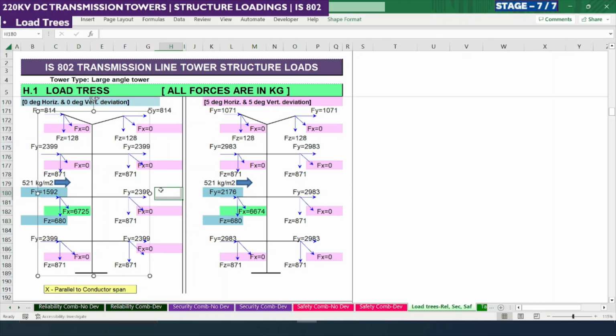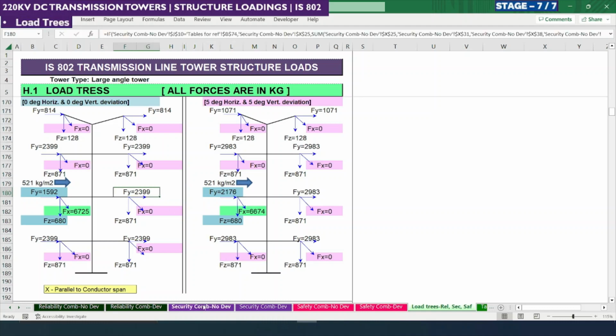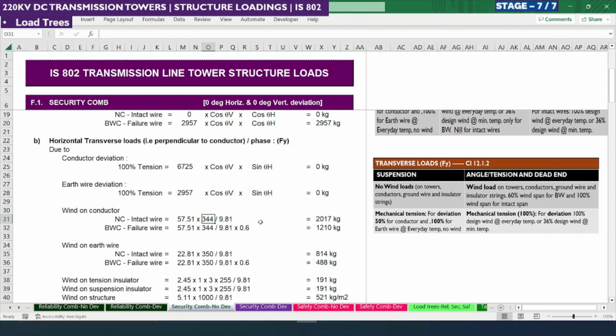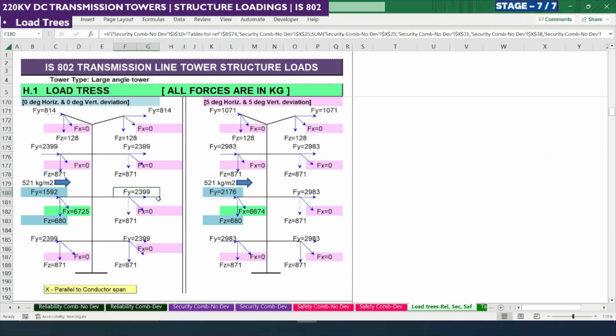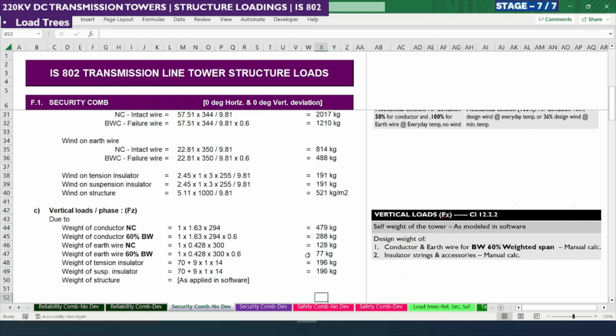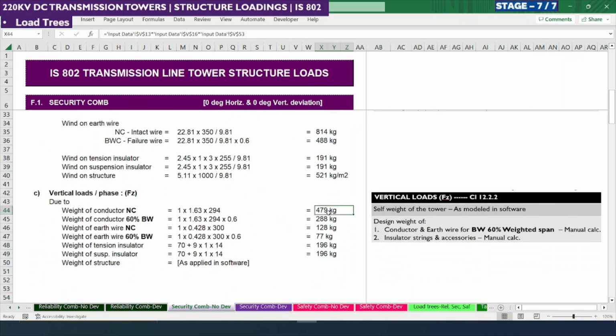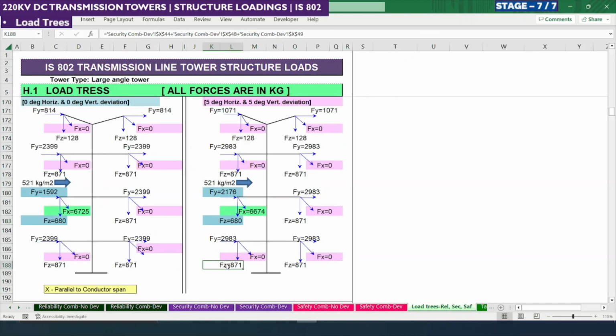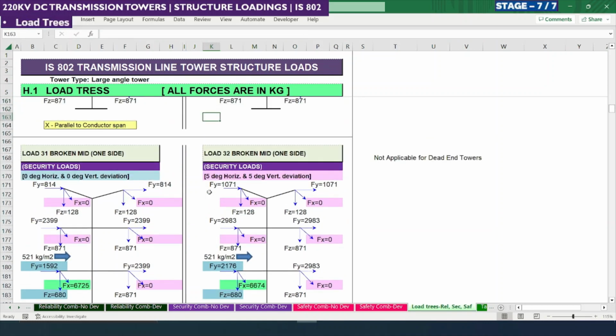So here this 2399 is a full span wind force. For example, if you see here, this is normal and intact wire plus wind on tension and suspension insulator, which comes to 2399 kg. So this is a full normal conductor. Also, for the weight we are considering conductor weight 100% plus tension and suspension insulator. So it is 871 kg. This 871 kg we are considering for all the intact wires except for the broken wire condition. The broken wire condition we have already seen what the value will be. So up to 32,